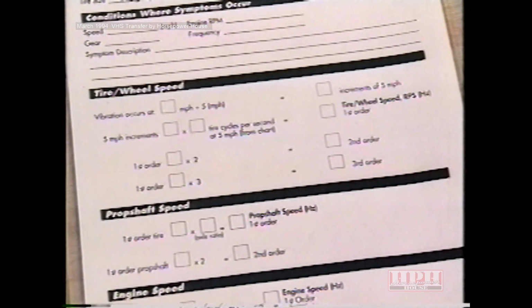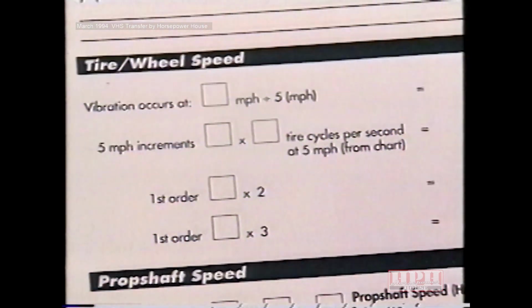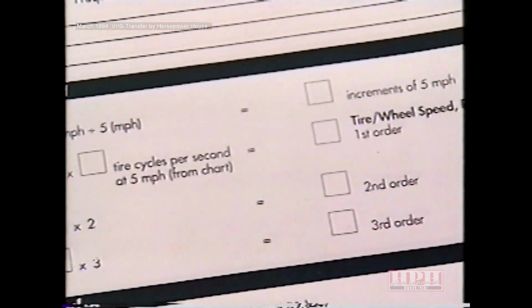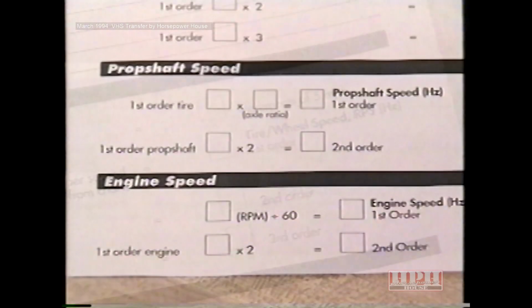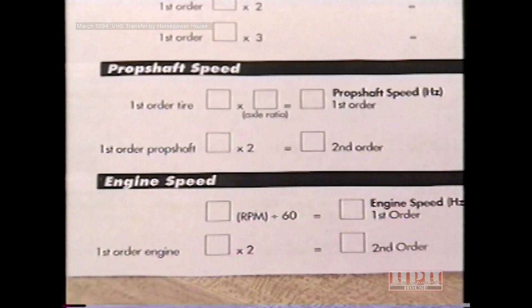If the problem is vehicle speed sensitive, calculate the tire wheel speed. Follow the flow chart on your data sheet for easy calculation. There is an area on your data sheet for propeller shaft speed calculation. Propeller shaft calculation only applies to vehicle speed-related vibrations on rear-wheel and four-wheel drive vehicles. This will be covered in the April Master Tech Release Number 6.